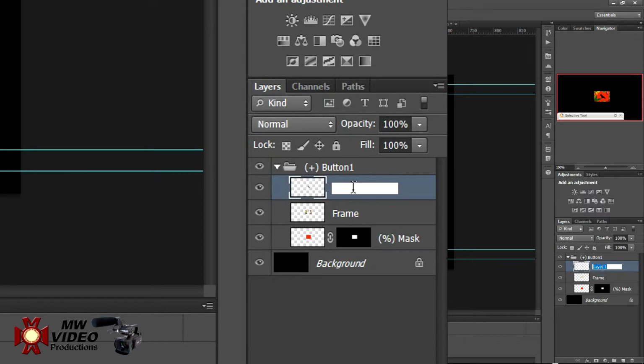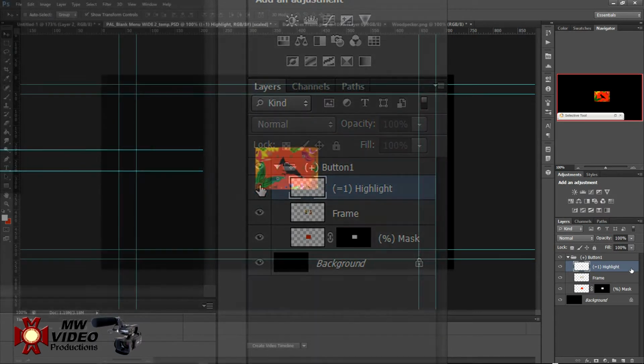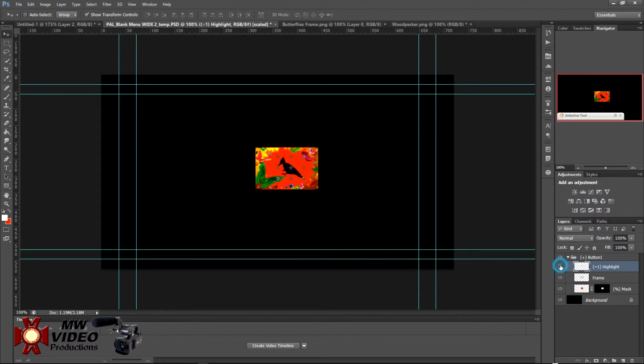And rename this layer again for Encore's sake. Open bracket equals 1 close bracket space, and we'll call this one highlight, and confirm, and turn this layer off. Okay,